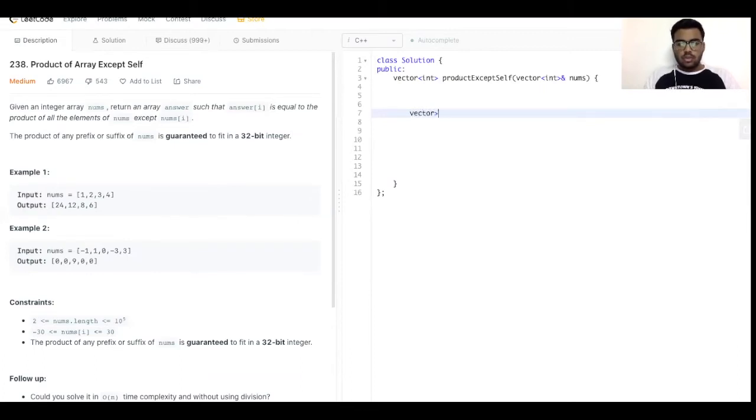So first we'll be creating a vector which will store the product from the beginning. So for int i equal to 1, from begin at the 0th element we'll be storing 1.